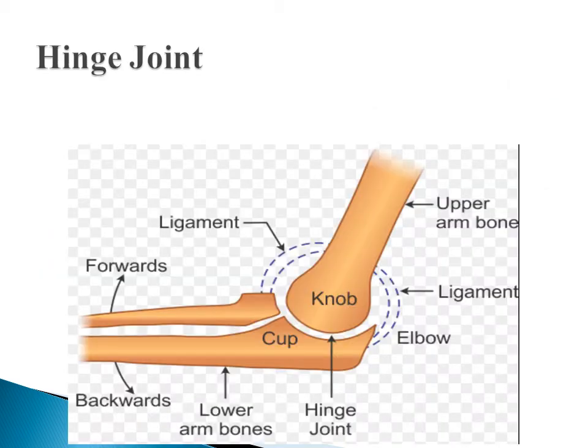Hinge joint. Hinge joint is a type of synovial joint that allows movement only in one direction. It is similar to how a door opens and closes by means of its hinge. Examples are the elbow and knee joint. All these joints have an antagonistic pair of muscles that are arranged in the same plane as that of the joints. The origin of the muscle is attached to the immovable bone and the insertion is attached to the movable bone. And so in this way this joint works in only one direction.